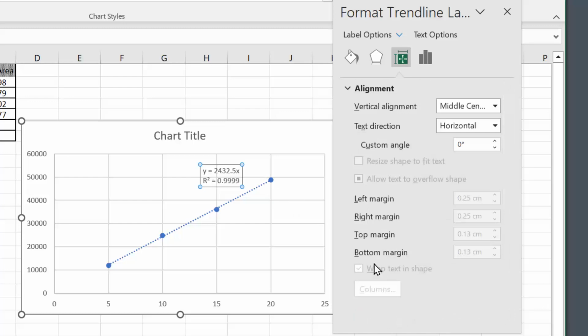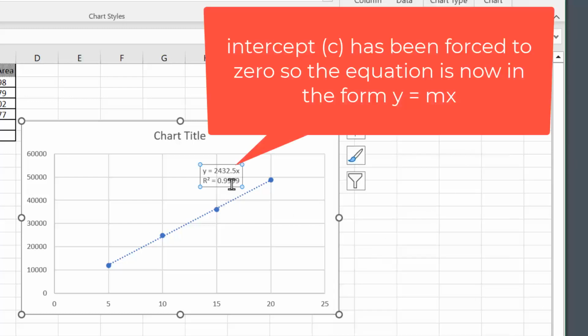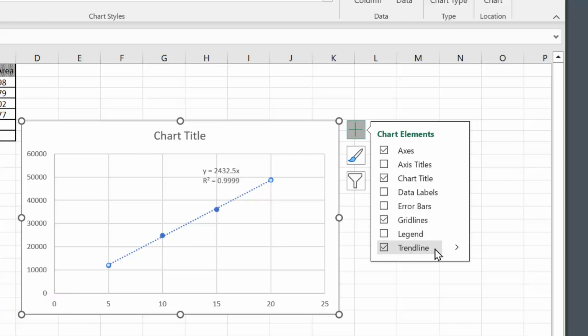So you will note here that the equation of the line is in the form of y equals mx, because we have the intercept set at 0. I'm also going to display the trend line so that it starts at the origin at the point 0, 0. To do that, I need to highlight the trend line, go back into more options,